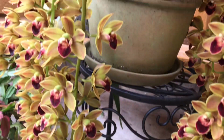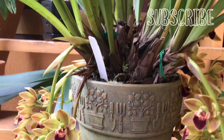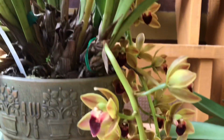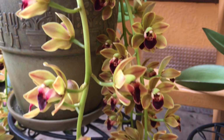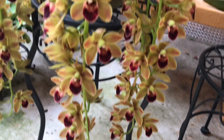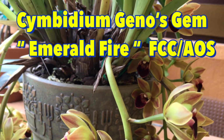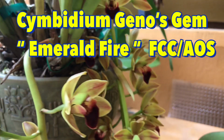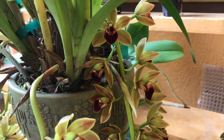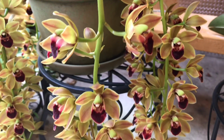Today we're featuring a pendulous type Cymbidium, and this is my Cymbidium that's been flowering for a few years now. Maybe this is the second time that it flowered, and it also did well last year. This is my Cymbidium Genus Gem Emerald Spire. This is the one that I got from Smith maybe 3 years ago. Because this is the third year or the second time that it blooms,